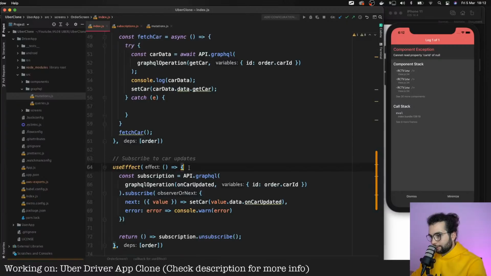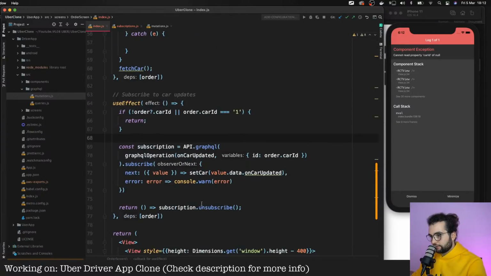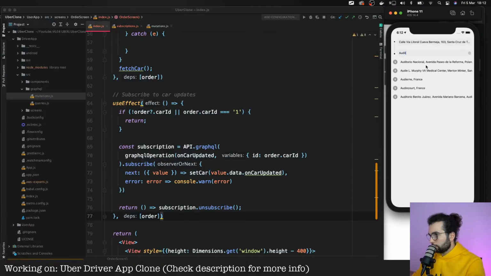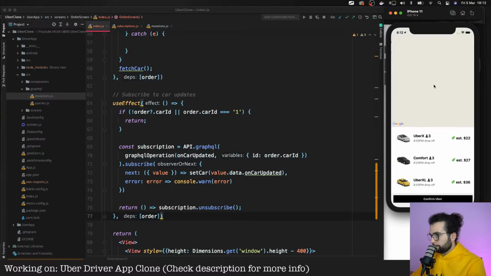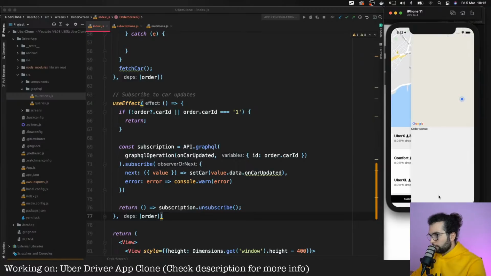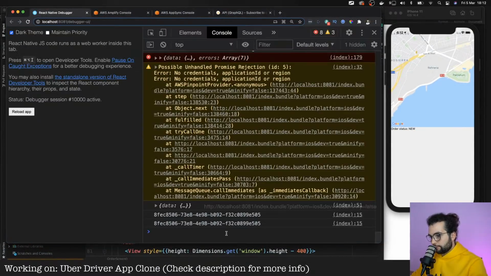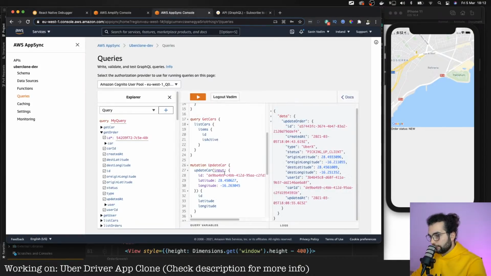Whenever we update the order, we will register this subscription. All right. Confirm. Order status new. There is no car here. Let's grab the order ID and assign a car to it.